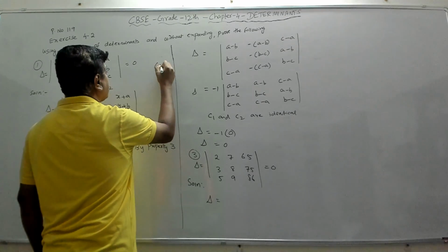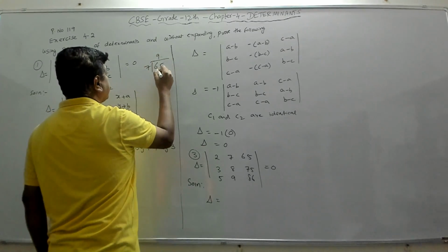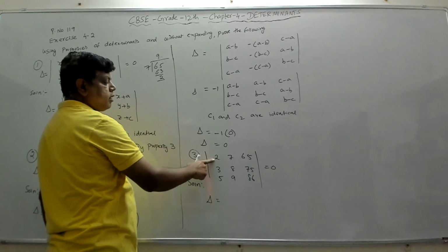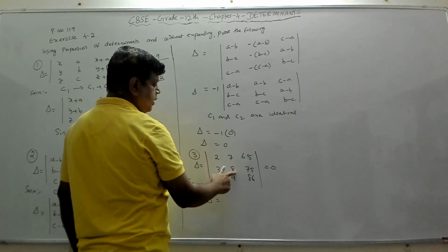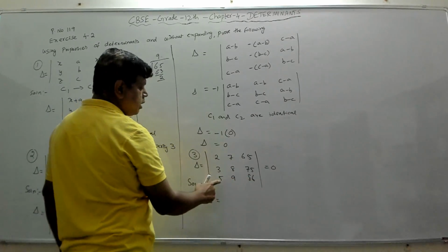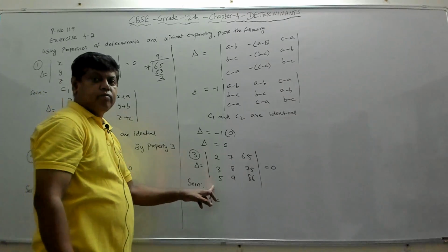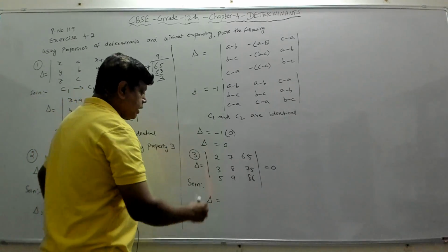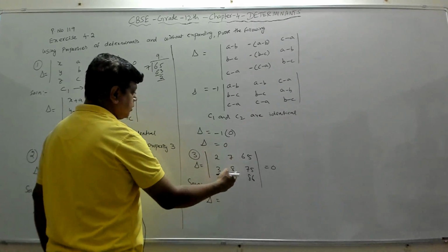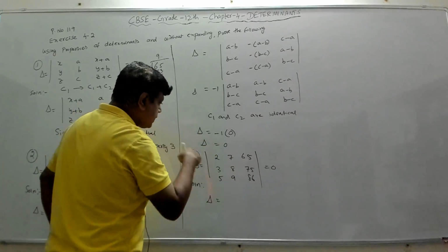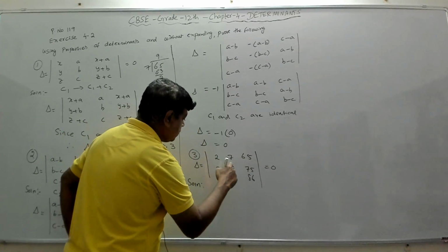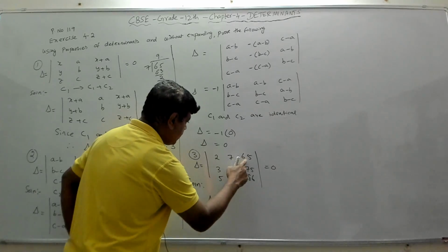If you divide 65 by 7, you get 9 times 7 is 63, and the remainder is 2. So you see that this comes as a remainder. Similarly, if you divide 75 by 8, you will get the remainder as 3. Similarly, if you divide 86 by 9, you will get the remainder as 5. You will observe that. So which means we can apply a property, and this can be written as,